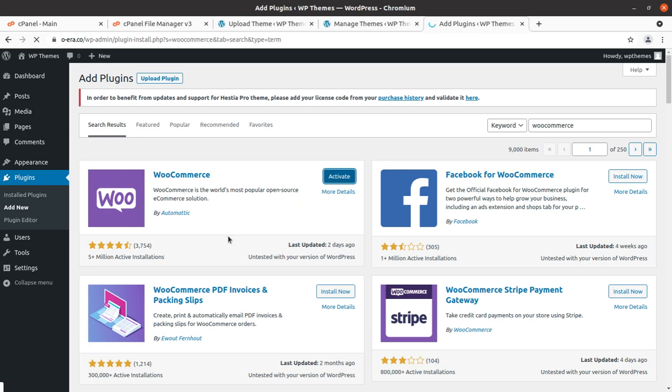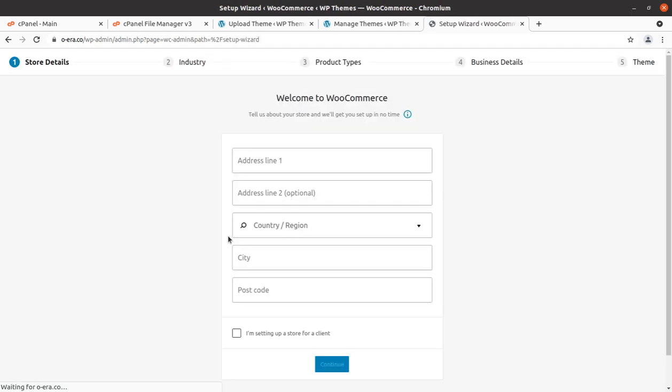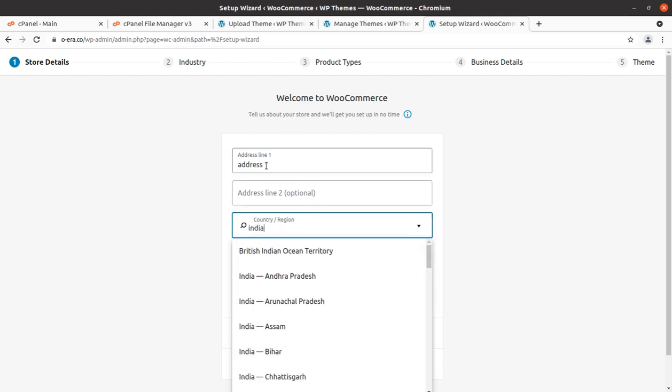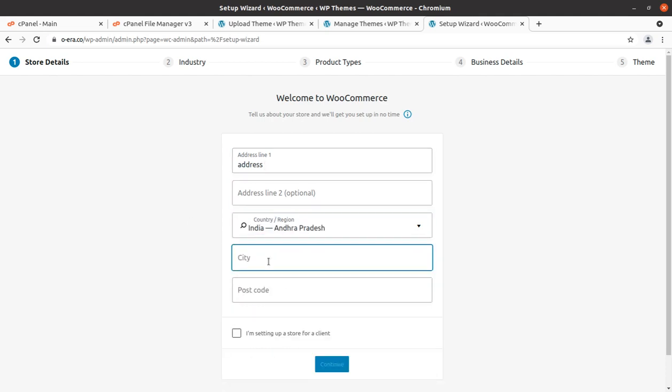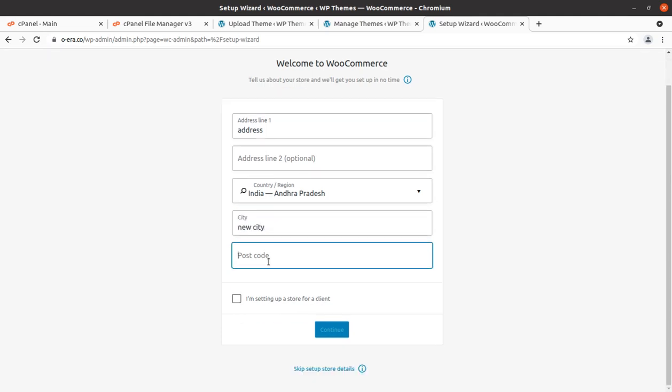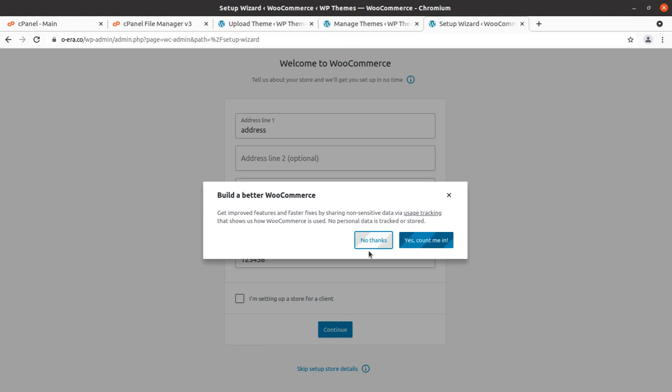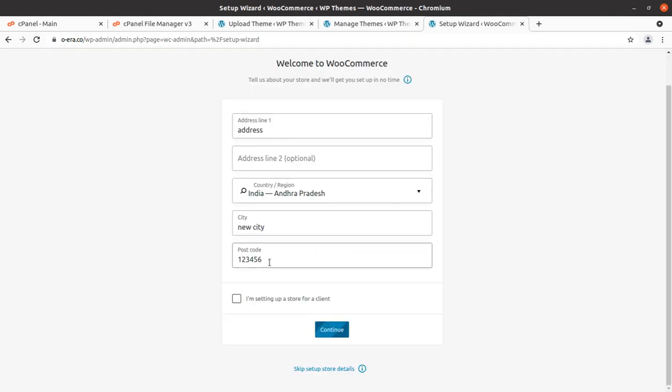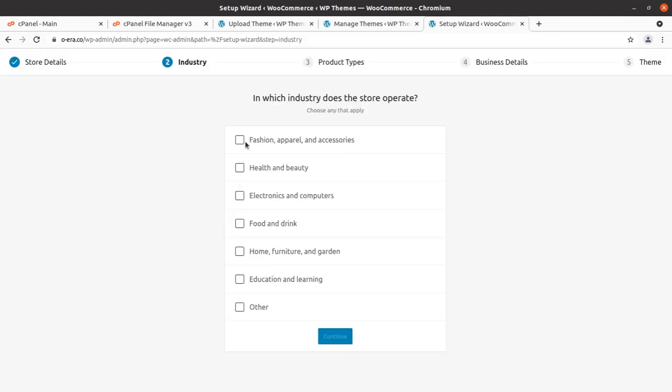So a hosting plan is always important for your WordPress website, and we always recommend using a standard but suitable hosting plan. I'm just completing the WooCommerce installation by putting in the demo information, but you should use the original information as applicable for you. So it will take a minute. These steps are however necessary, but you should put the original, actual data as you are using for your website.